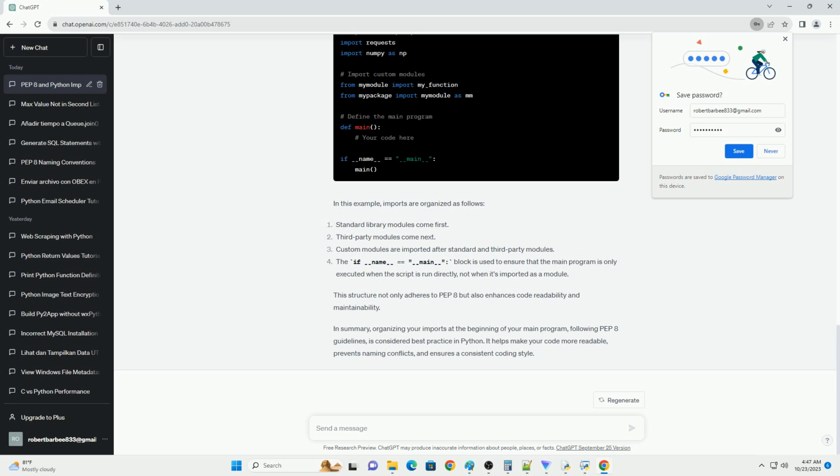ChatGPT. When writing Python code, it's essential to follow best practices to maintain readability and maintainability. One of these practices is organizing your imports at the beginning of your main program. This not only adheres to the Python Enhancement Proposal 8, PEP 8, style guide but also makes your code cleaner